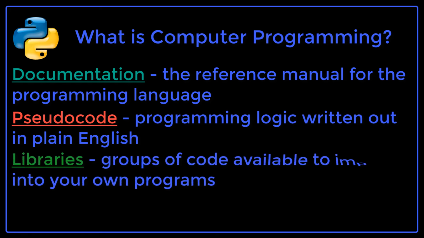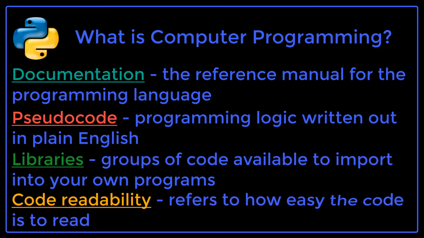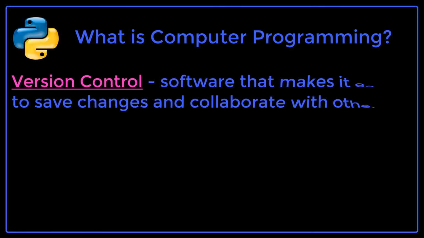Libraries are groups of code available to import into your own code. Code readability is a term that refers to how easy the code is to read. Version control is software that makes it easier to save changes and collaborate with other